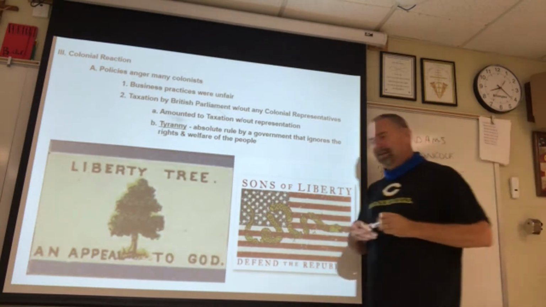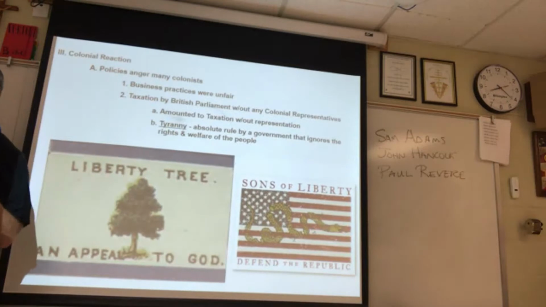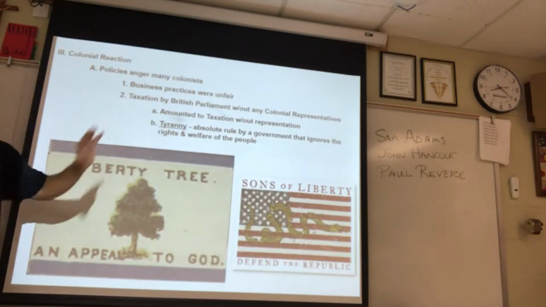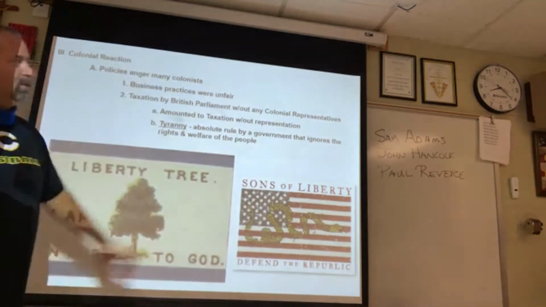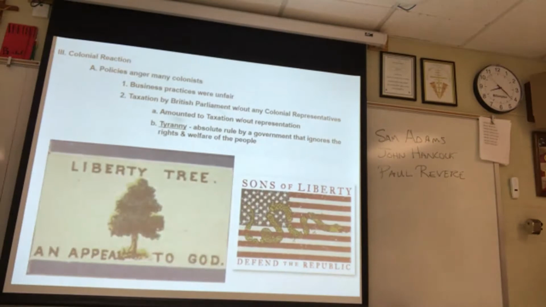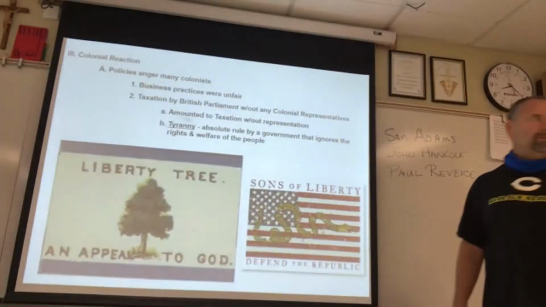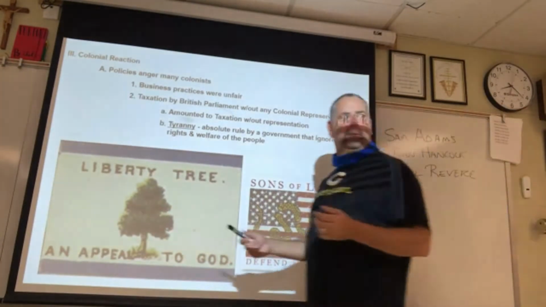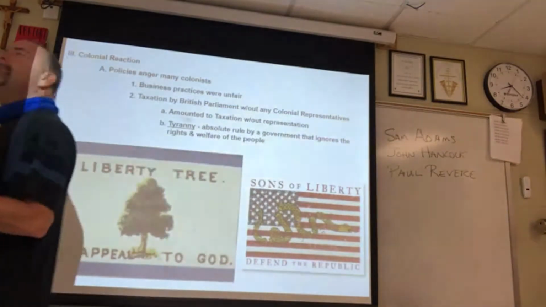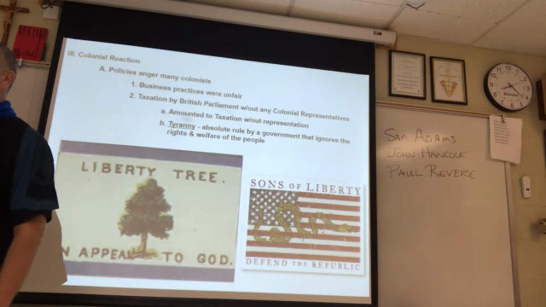Paul Revere. These are some of the early troublemakers. There will be many, but these are the leaders of the Sons of Liberty, especially Sam Adams and John Hancock. Sam Adams is the older cousin of John Adams. And all of these men live in what city? Where does all this take place? Boston.